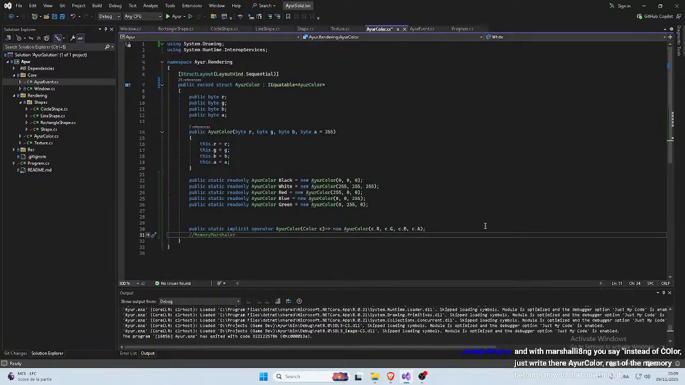And with marshalling, you say instead of color, just write there your color. The rest of the memory belongs now to that one, so you need the same layout. Okay, so I will save it, and with more research I will either keep it like that or just have the same layout as you said, or